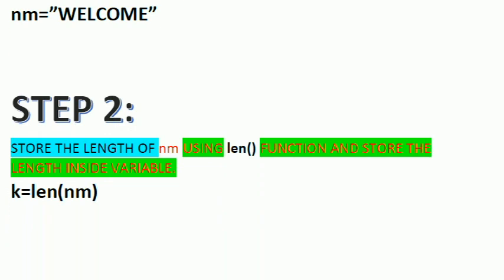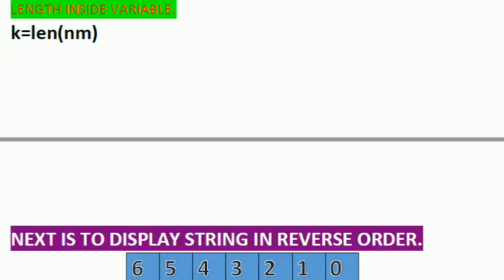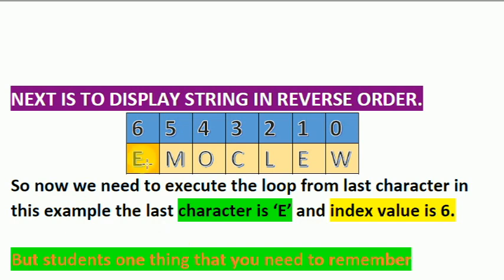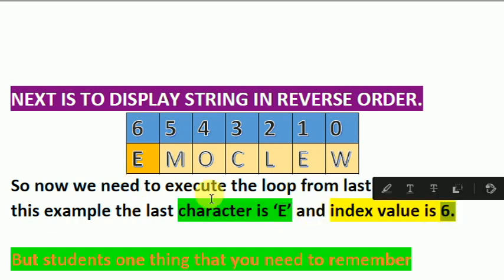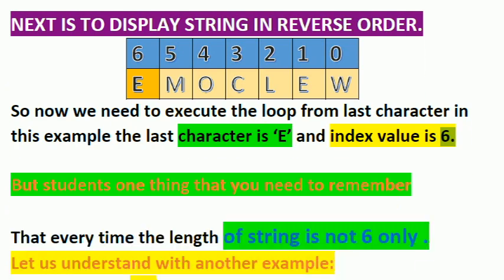Now let us discuss that with the help of the for loop to display the string in a reverse order. This is the way the string is going to be displayed. The last character is going to be the first one, so you have to display it like this. The last character is A and the index value is going to be 6. One thing you need to understand is that the length when counted is going to be 7. Every time you display in a reverse order, you need to minus 1 from the total length. Then only you are going to get the exact value.